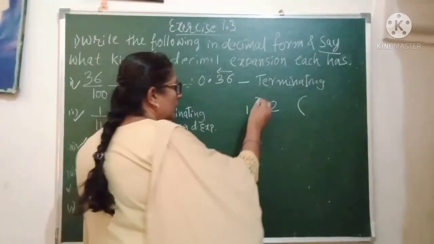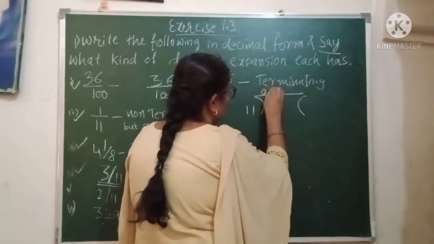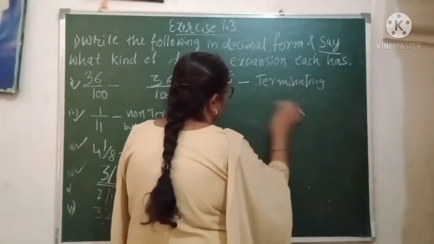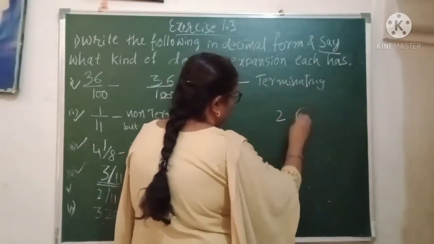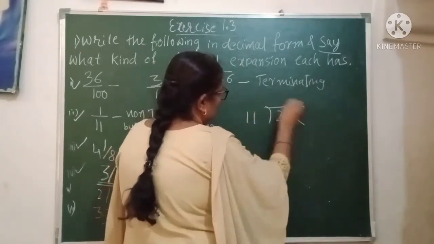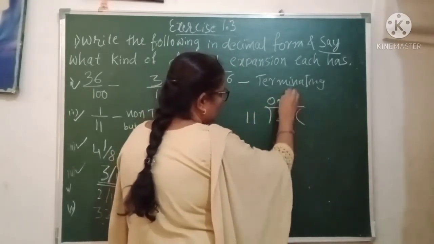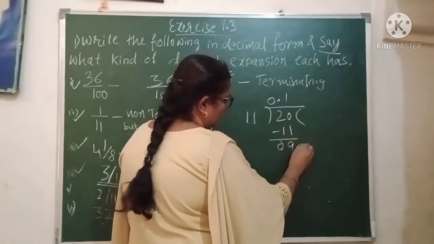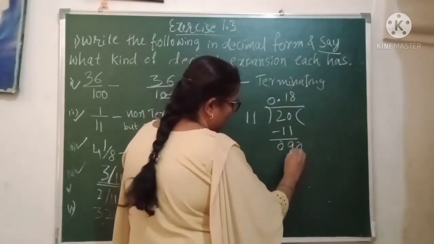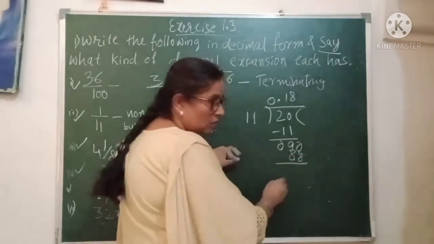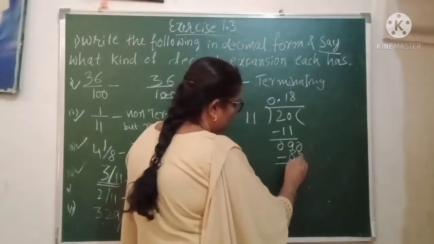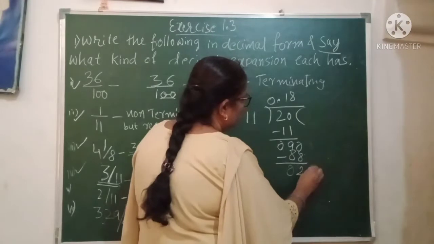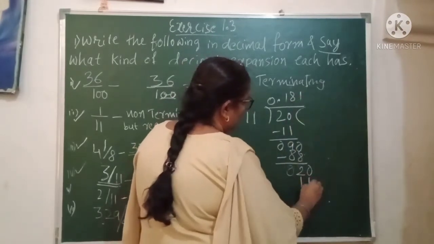Now look at this one. 0 point. Okay, I'll write it down. This is 2. This is 11. 0 point. 11 ones are 11. This is minus 9 0. 11 8s are 88. For people to understand, this is 2 and this is 0. Look at this one. Then 11 ones are 11.